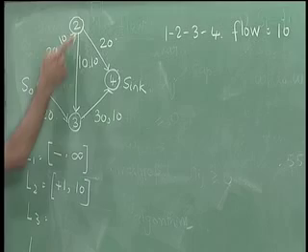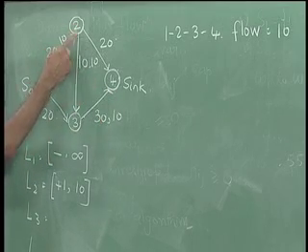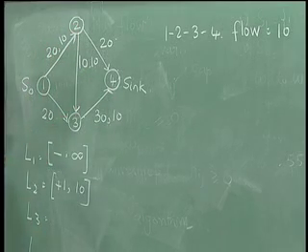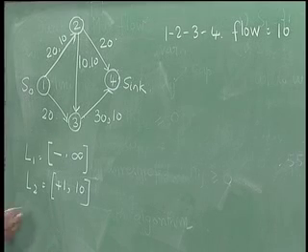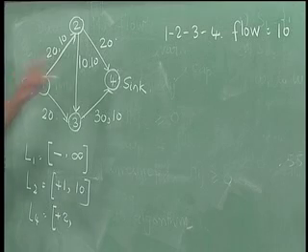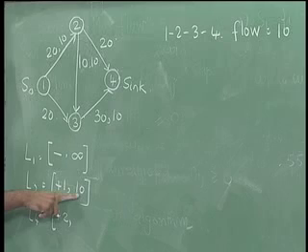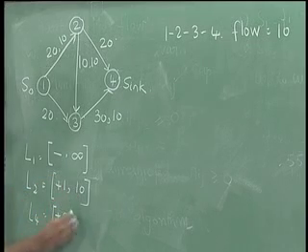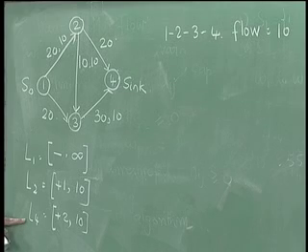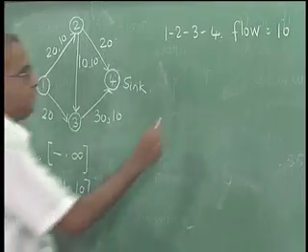Then you go back to 2 to 4, there is a forward arc 2 to 4. So you will do L4 is equal to plus 2. Now there is 20 and 0, 20 capacity, but you have 10 here. So the minimum of 10 and 20 is 10. Now you see that the sink is labeled, therefore the flow can be increased by 10,